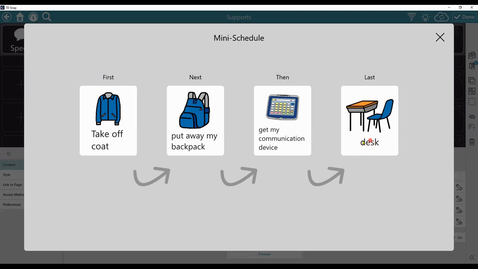So again, you can see I just put a label on this button instead of the entire message. So it's up to you how you like that to look. If you like it simplified, if you have a student that is a reader, it may be beneficial to have all of the words on the page, but keep in mind your screen size. If you have a student that has an 8-inch screen, they may not be able to see the words very well and may benefit from that visual more so than having all of the words on the button. If you have a communication device that has a larger screen, you may want to keep all of the words on the button as well.